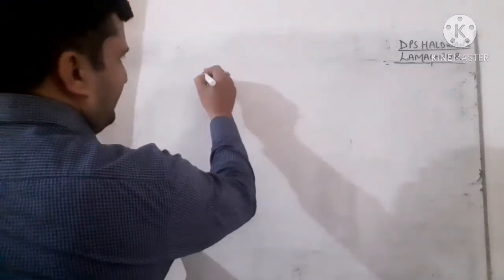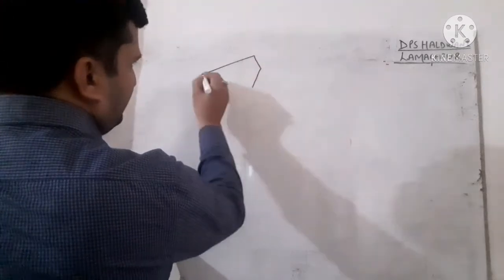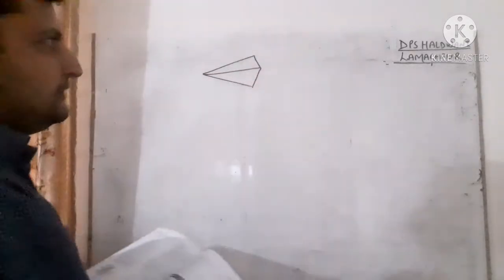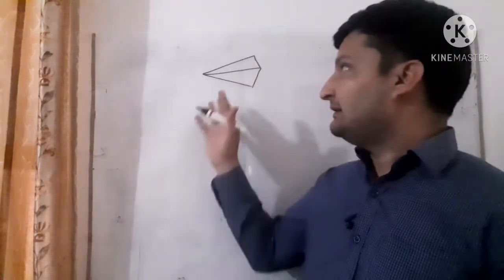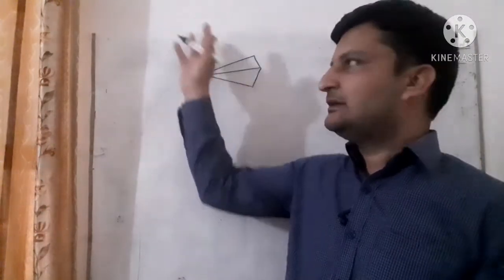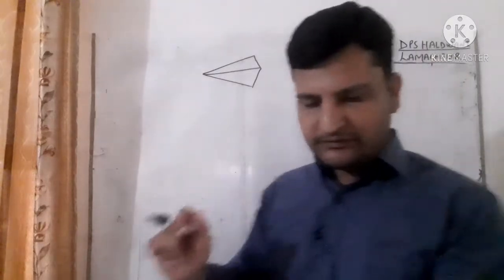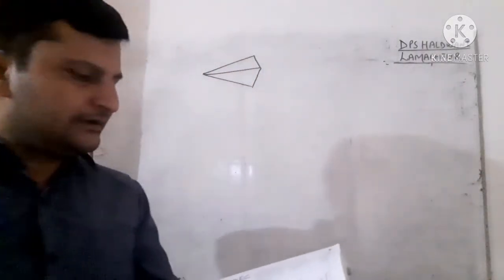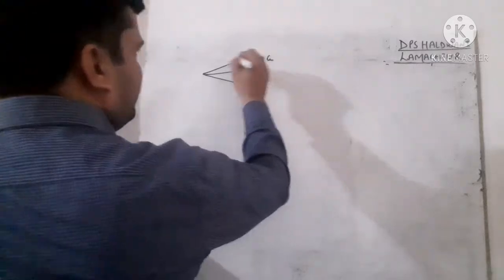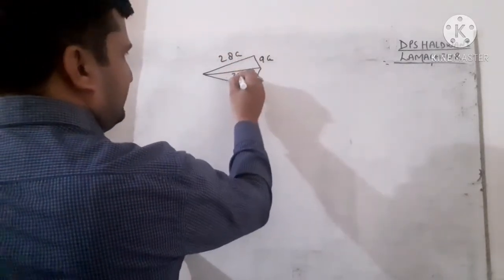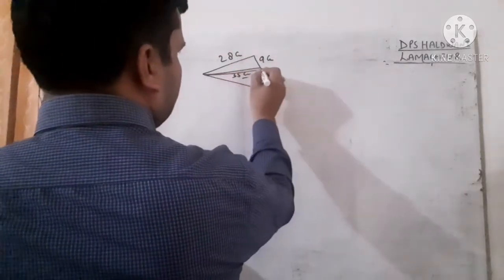Now students, the next question is question number 8. A floral design is given in your book, shaped like this. I am making only one shape. One shape is like this. In the whole design, it is given that 16 tiles are there. So students, one tile is like this, means 1 and 2 tile is like this. Similarly here 16 tiles are there. What we have to find in this question, students, is that the sides of the triangle are 9, 28 and 35 centimeter. This is of one tile.